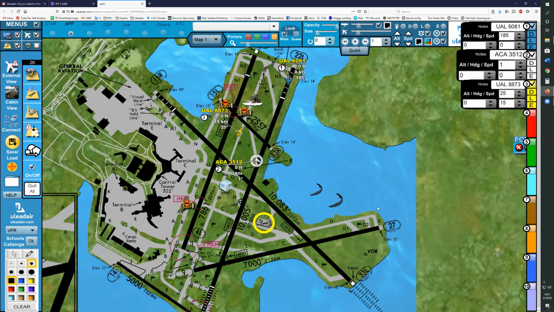So Air Canada, tell them that you are clear now and holding short of 33 right. You're clear of runway 22 left, but holding short of 33 right. Okay. Tower, Air Canada 3512. It's clear runway 22 left. Yankee, hold short runway 33 right.